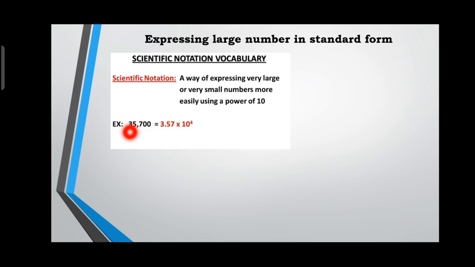35,700. So, how can we write it in a smaller way? We know that if it is in standard form, we keep the decimal dot after the first digit. See here, after the first digit, I kept the decimal dot and wrote 5, 7. Only the numbers, so no need to write the zeros. So only the numbers 5, 7. Then you can check after the decimal dot how many digits: 1 digit, 2 digit, 3 digit and 4 digit.